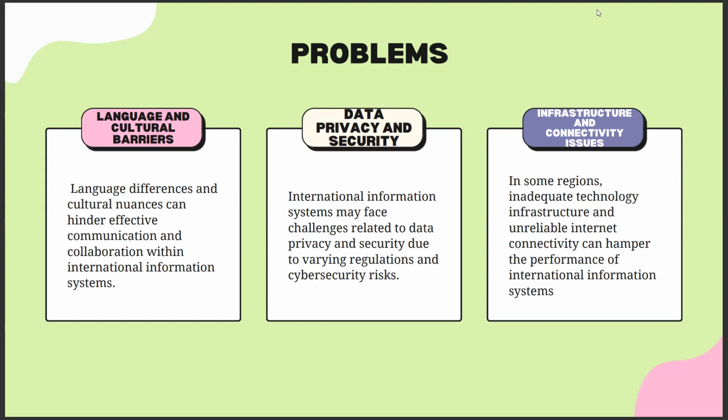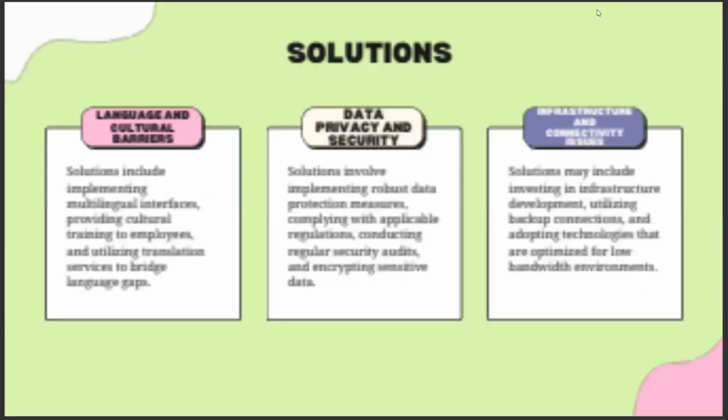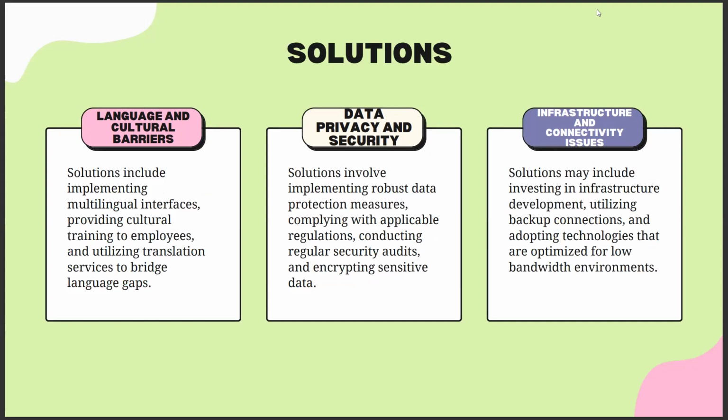So in some regions, inadequate technology and infrastructure and unreliable internet connectivity can hamper the performance of international information systems. So solution may include investing in infrastructure development, utilizing backup connections, and adopting technologies that are optimized for low bandwidth environment. So dito, invest ka pa rin. Invest ka ng mas magandang plan B mo or your backup connection just in case na magkaroon ng shortage